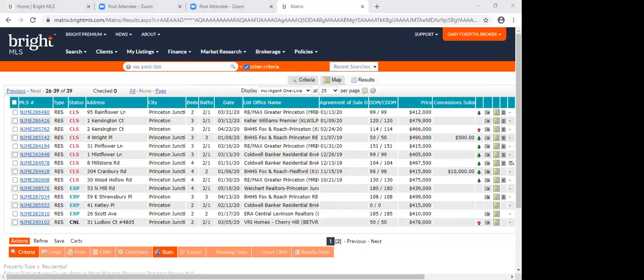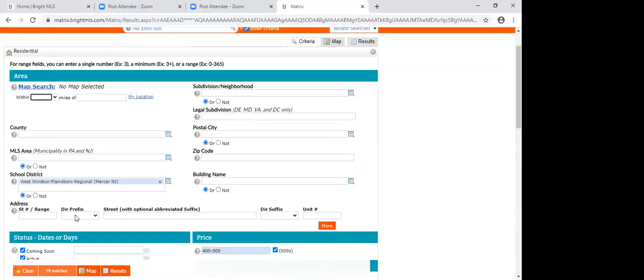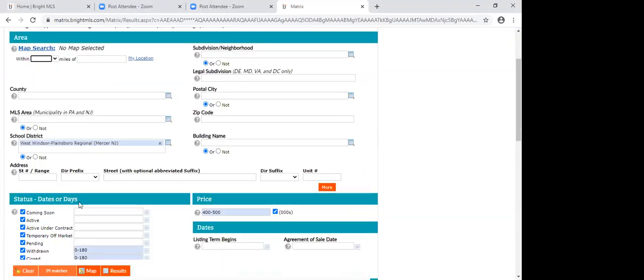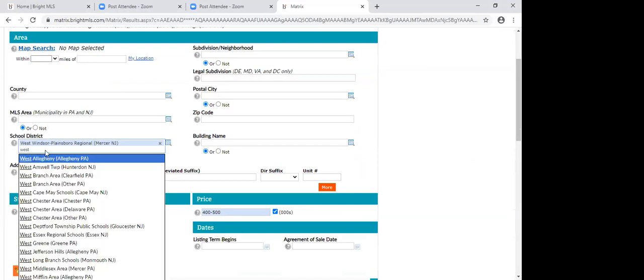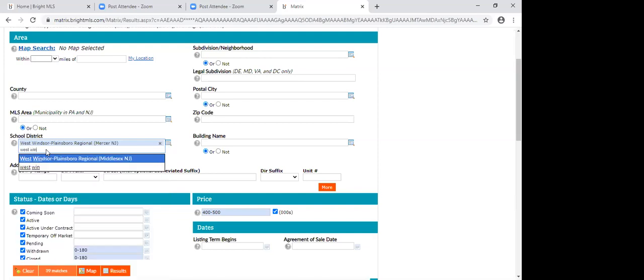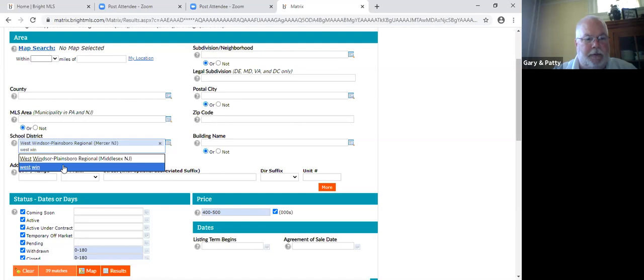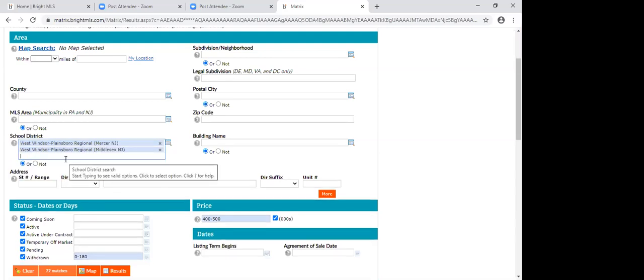Okay, so let me look and see if I can find it. You could do the other one, the one that's in Middlesex. Yeah, you could do Middlesex, but I don't know which will be good. If you're going to ask me which is good, of course, this one is better. I know that much, but I'm not sure about the name of the other school district. I believe the one in Middlesex is High School North, and I think the one in Mercer is High School South. They're both very good schools, and competitive. Let's just put the other one in and see.